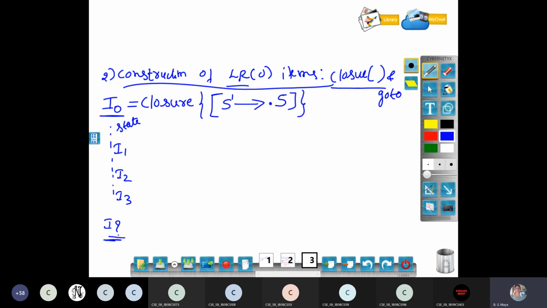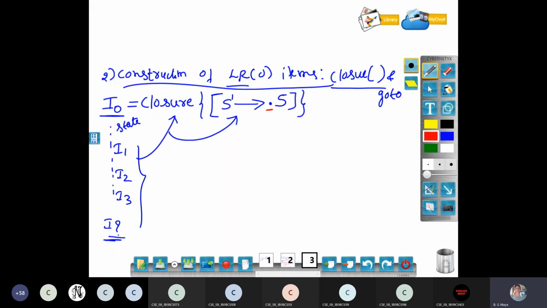With respect to the given problem, the number of states is different. I have to find out these states. We have to apply the closure of the first production. What is closure? The closure is nothing but you have to take the first production in the augmented grammar, and within that you have to include dot productions also. This dot is used in bottom-up parsing, SLR parsing, to decide when to shift into the stack and when I have to reduce from the stack.